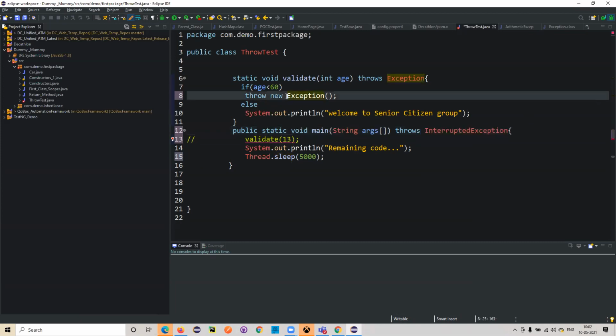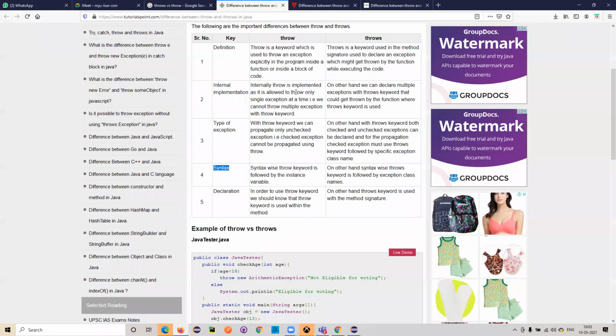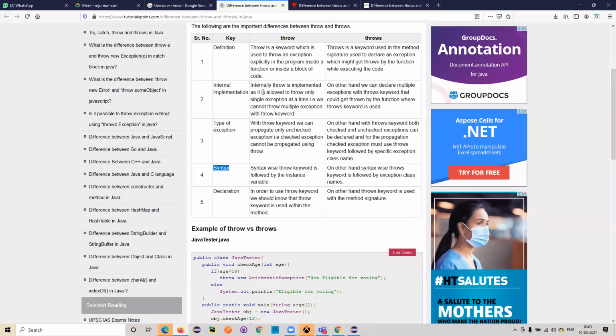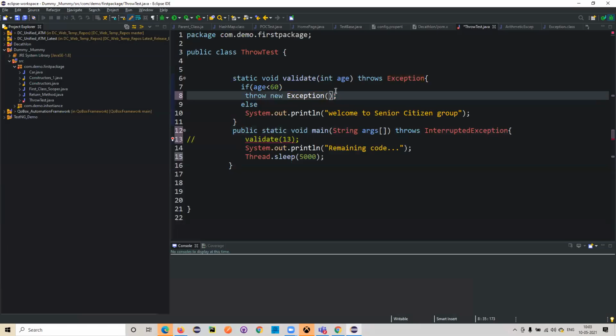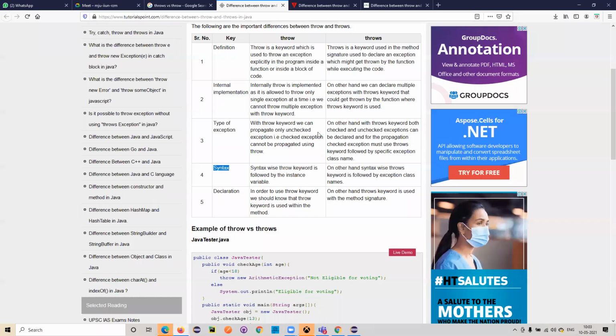But where here we are saying that you throw this exception and print it, but don't stop your execution, you can proceed further with your executions. This is what it was trying to say from the throws. Another important pointer is that throw can be used only for runtime exceptions, whereas throws can be used for runtime and compile time exceptions, or checked and unchecked exceptions. This is the propagation it was saying. Internally, throw is allowed to throw a single exception at a time, which we have discussed, and throws can declare multiple exceptions at a time. So those are the basic differences.